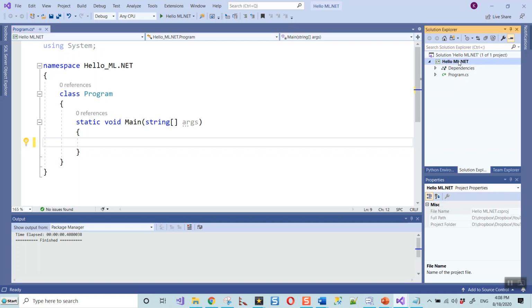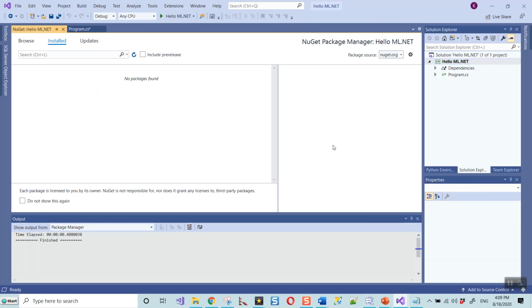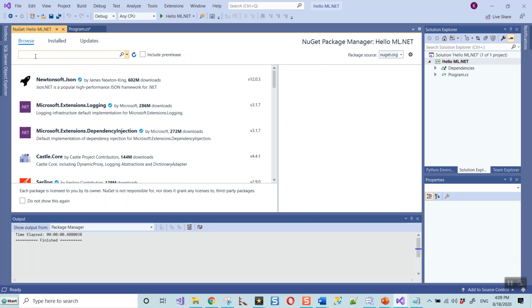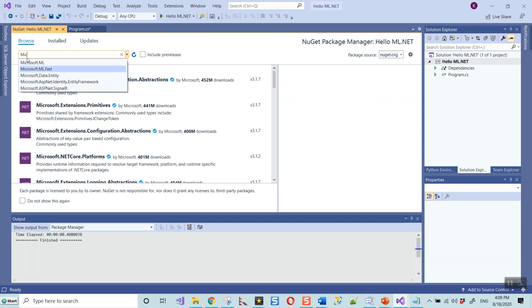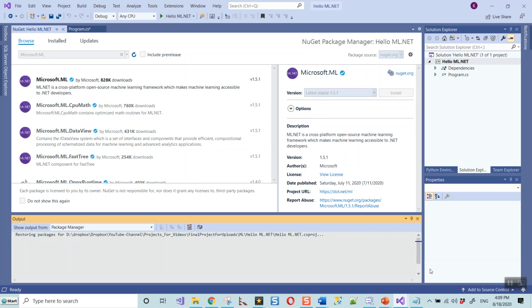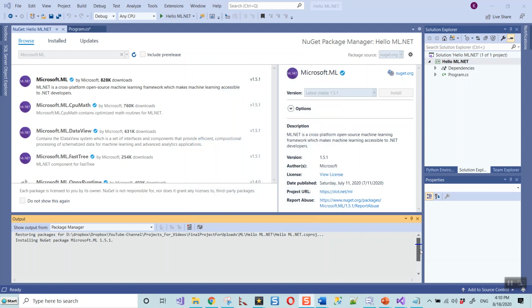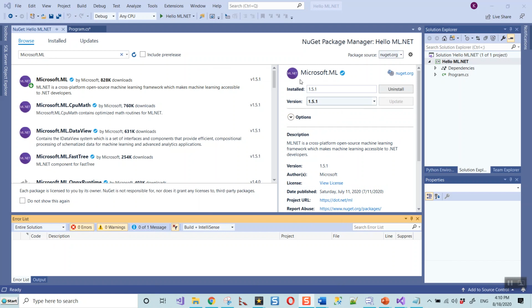Let's right click this project node and choose Manage NuGet Packages, because I'll have to add a NuGet package. I'll have to browse; none of the packages are installed. Again, please go through this tutorial from start till finish to understand it thoroughly. This is Microsoft.ML, the NuGet package I need to install, so I click on install. The license acceptance terms and conditions come up, and I click on accept. So this package is installed successfully.